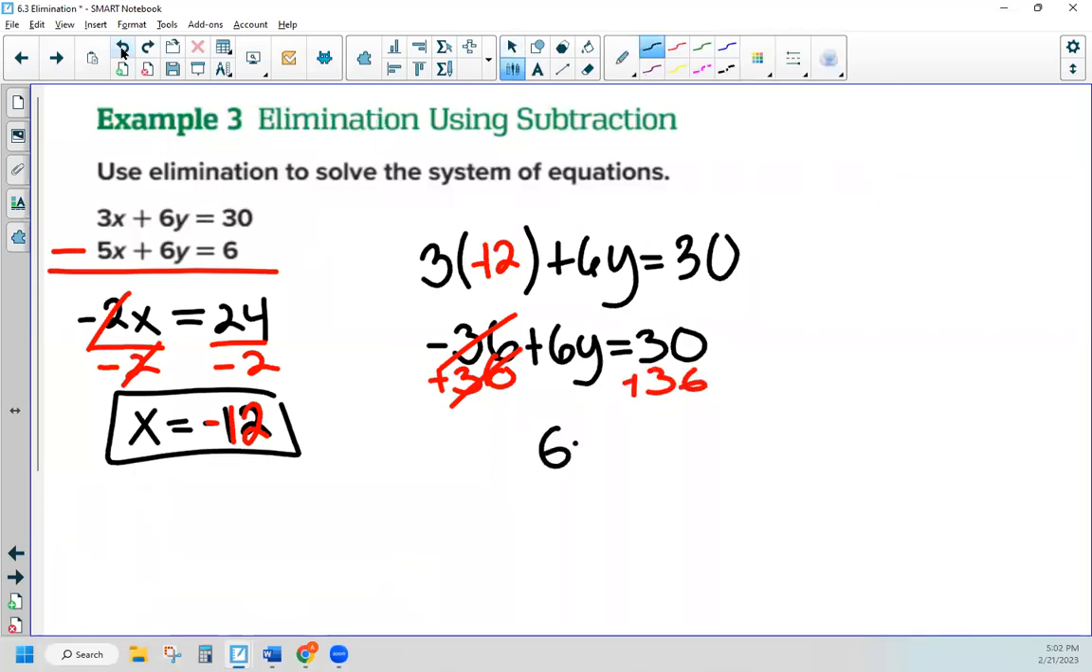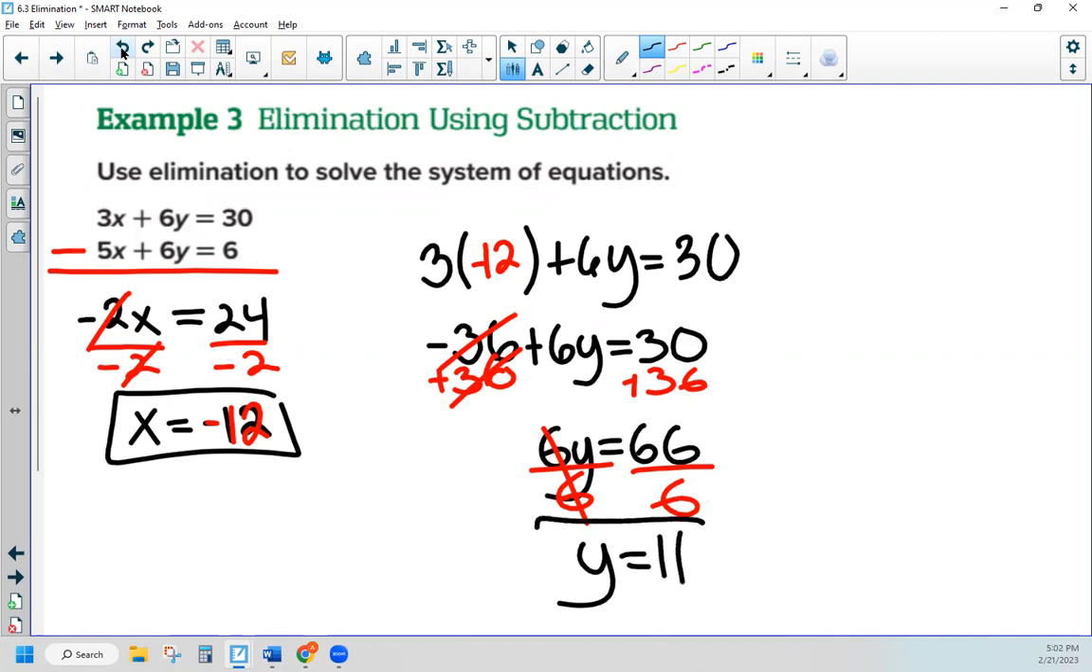We are now going to have 6y is equal to 66. What do we do here? We take this 6 to the other side by division. Ooh, I better finish this problem fast because it's looking sketchy with these 6's. The number that's going to give me 66 would be 11 by multiplying, or 66 divided by 6 gives me